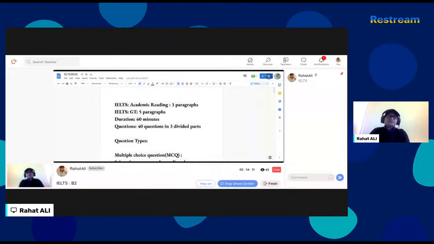And you have to have the interest to read more. You have to have the capacity to understand while you read. Don't read just for the sake of reading. If you don't understand anything, there's no point of reading. And that is the basic part of the IELTS exam on the reading section. You're reading something blindly, A to Z, but you didn't understand anything at all. How are you going to answer now?